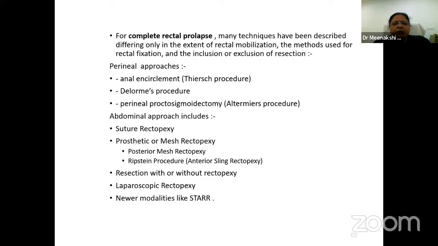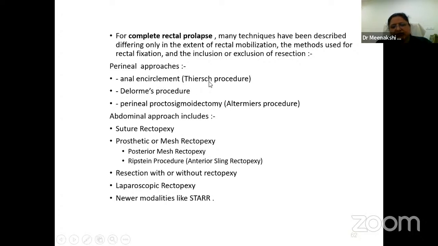But what are the different techniques? They will differ in the extent of rectal mobilization, the methods used for the rectal fixation, and the inclusion or exclusion of the resection. So whether you are going to go ahead with the resection of the colon or not. Now, for this complete rectal prolapse, the perineal approaches are either simple anal encirclement like Thiersch's procedure, which is